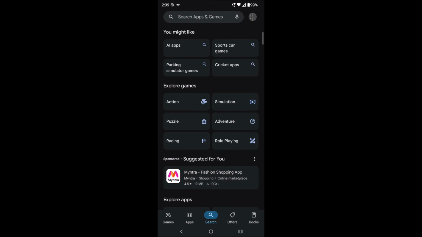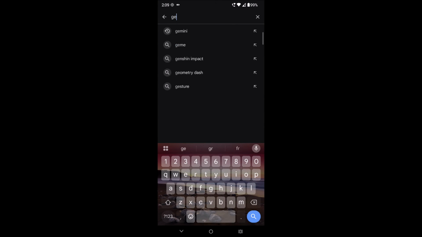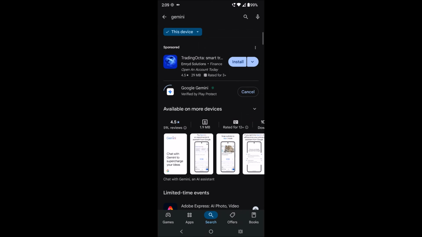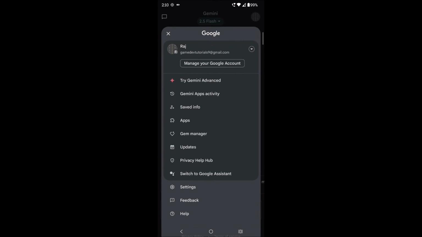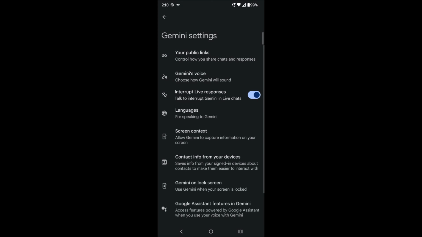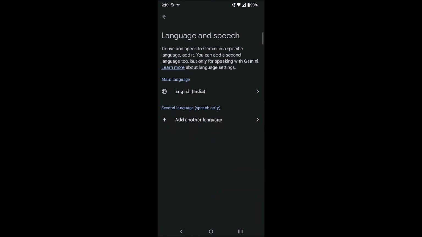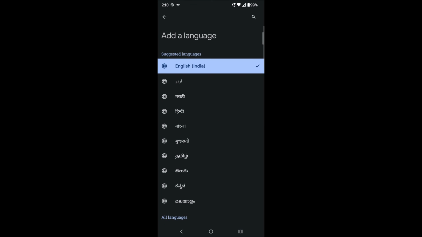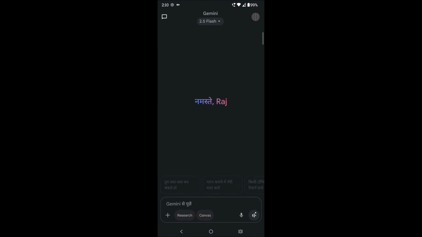Open Play Store, then quickly download Google Gemini, install it, and try to change the language option on this Google Gemini app. This will surely work. On the app, you need to click on the profile picture, then click on settings here, then click on languages, and from here try to add any other language, for example Hindi this time. So now